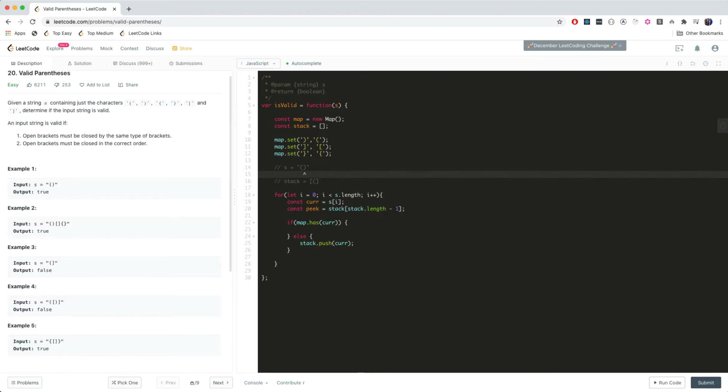So now our stack is going to have this. Now, when we go to the second index in our s, this is where we're going to leverage this map.set here. So our cur now has this closing paren, and our peak is the most recent thing we pushed to the stack, which is this opening paren, right? So we're going to say if map.has, and does map have this closing paren? Yes, it does. It's right here. And we need to do also the following. We need to make sure that it matches what's at the top of the stack. So we do and